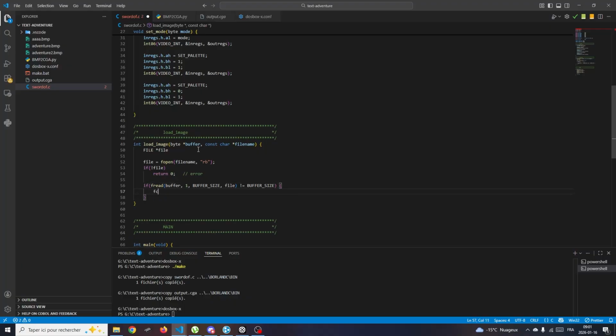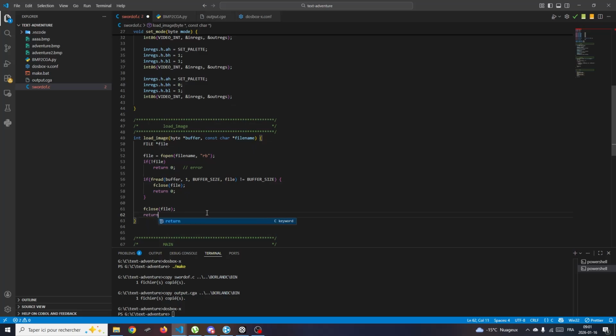So fclose, return 0. Another mistake. And if it did read the file correctly, then we have an allocated buffer, and we want to close the file, and return 1